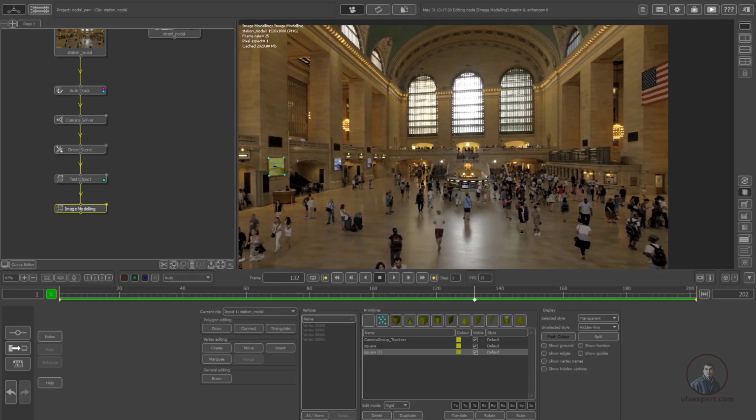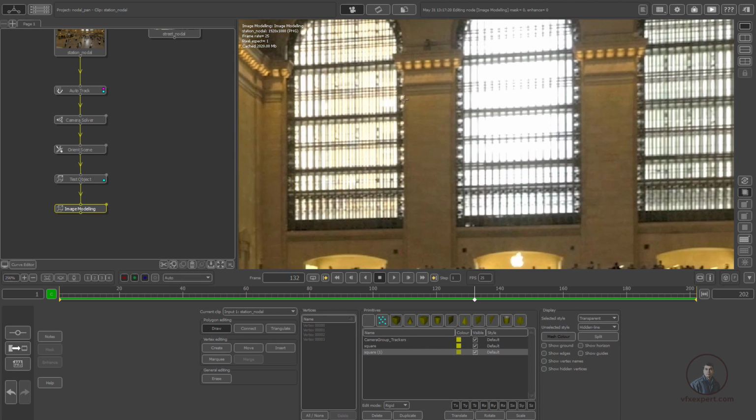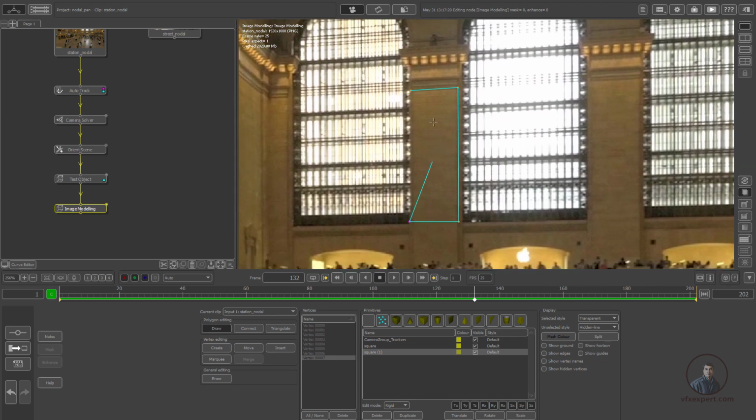Even one more geometry I am going to create here. Simply click on this draw and you can create here. Just for explanation I am going to create this one. So first click here, then click here, then click here, then finally we have to close this one. So now you can see.